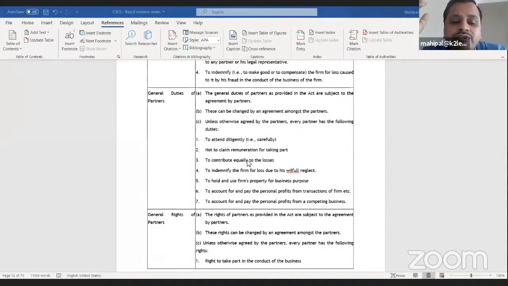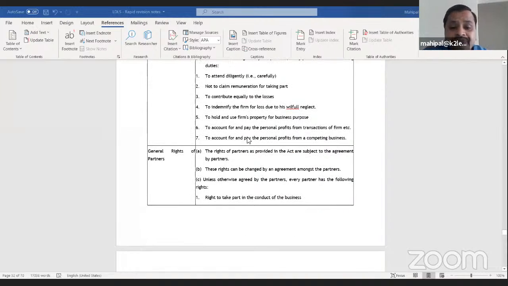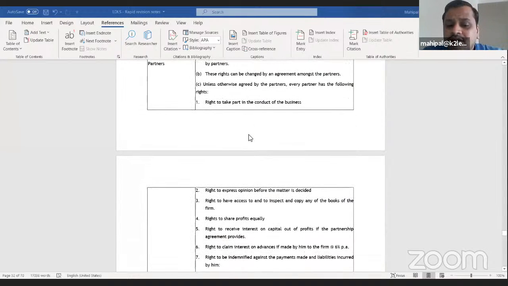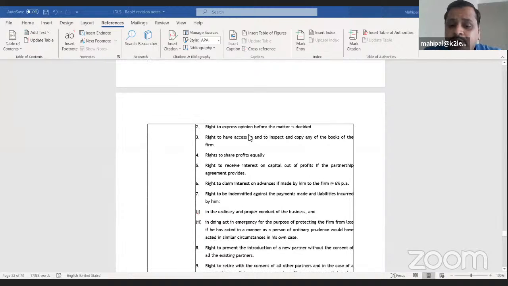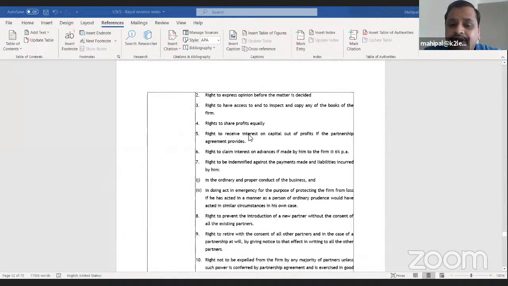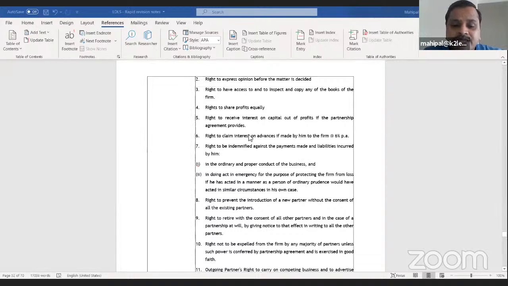These are the general duties of the partners. General rights of the partners include they can take part in the conduct of the business, to express the opinion, to decide the matters, right to have access and to inspect the copy of the books, right to share profits equally, right to claim interest on loans, right to be indemnified in ordinary and proper conduct of the business, in doing act in emergencies,